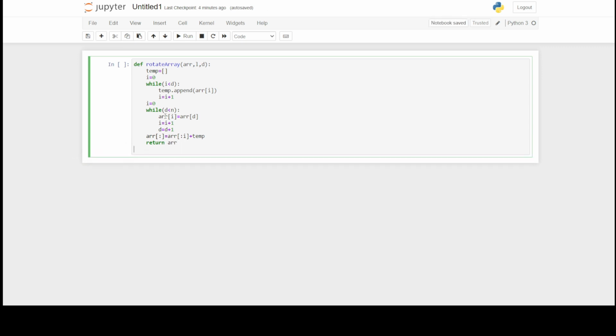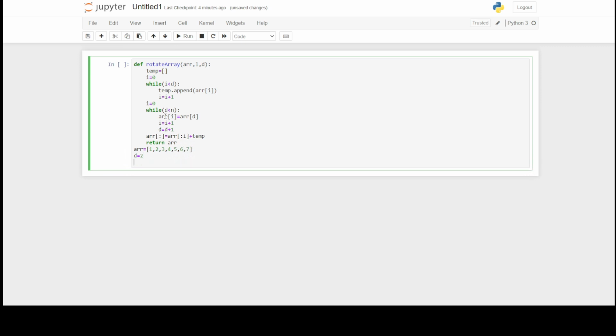Now we need our main. So the main function, or the driver function we can say, let us start writing that. Let's take an array, give it values 1, 2, 3, 4, 5, 6, 7. Let's give d also the value 2, and then let us print the array before it is rotated.